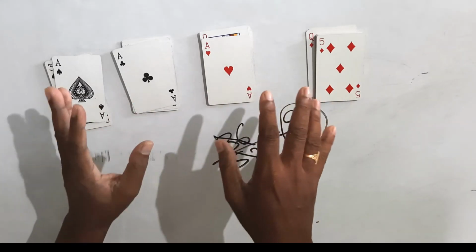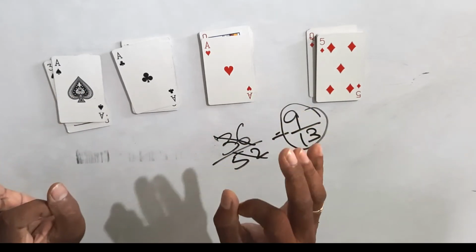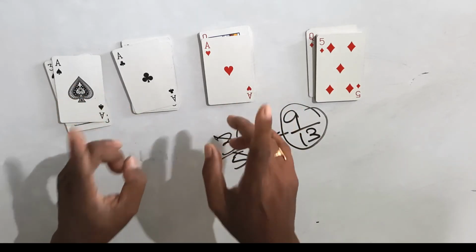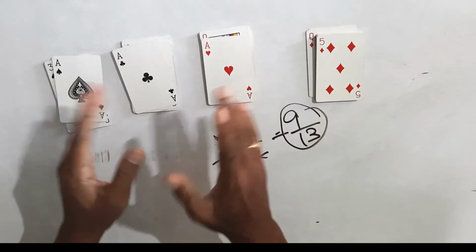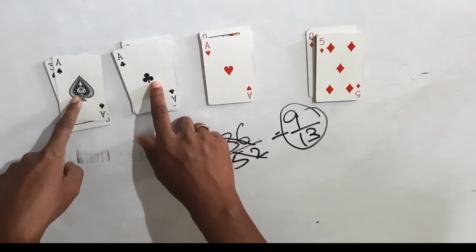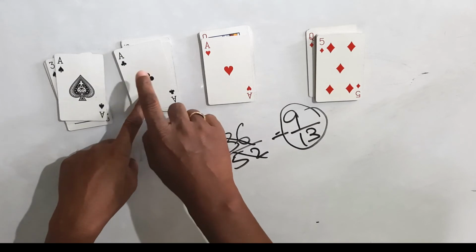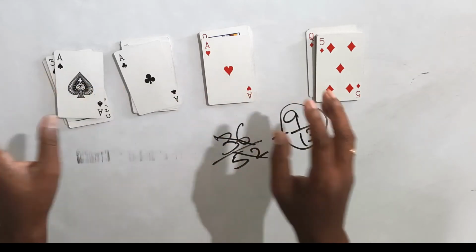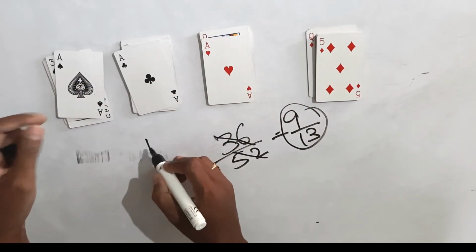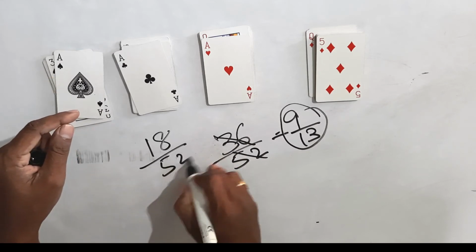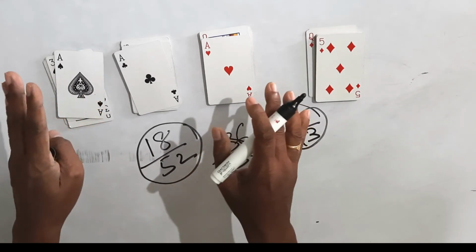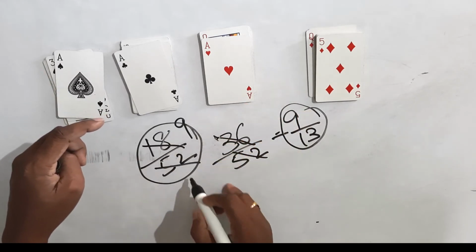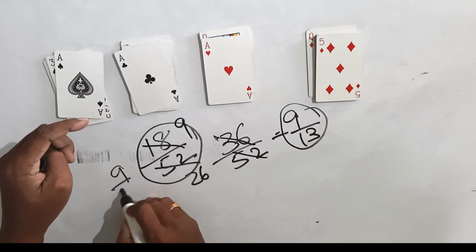Okay, now if the boy is asked to take out one card randomly from the pack of playing cards, then what is the probability of getting a number card which is black in color? Then you can say black in color is only club and spade. So that means 9 number cards from club, 9 number cards from spade. So how many total? 18. So the favorable outcomes is 18, and total number of outcomes is 52. So 18 by 52 is your answer. Now you may cancel it by 2. So this will be 9 and this will be 26. So 9 by 26 is your answer.